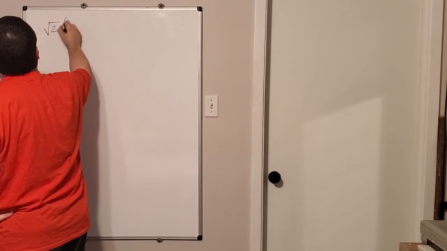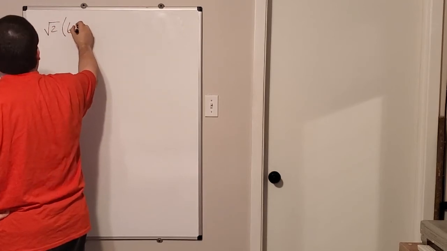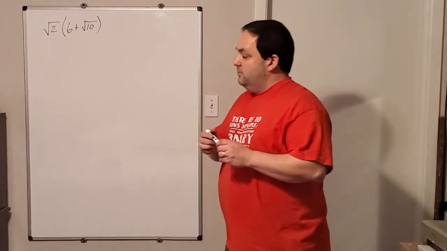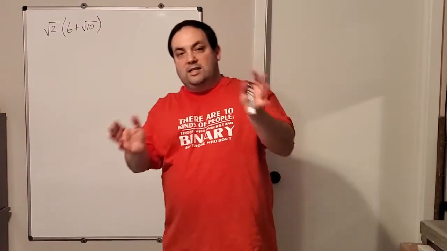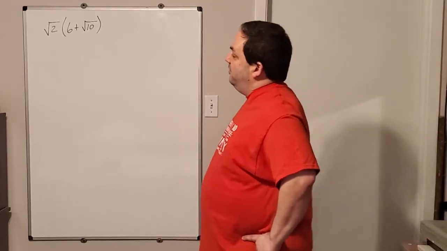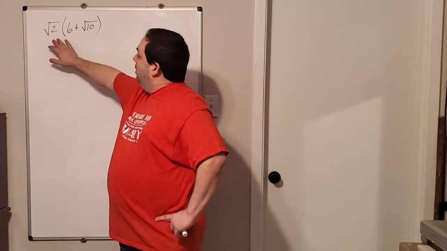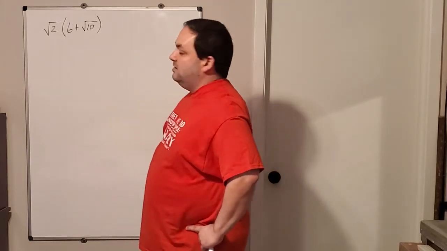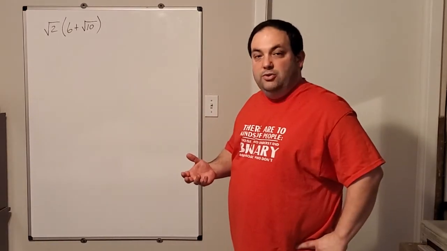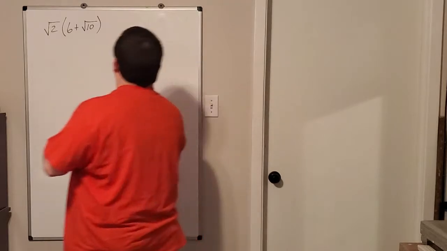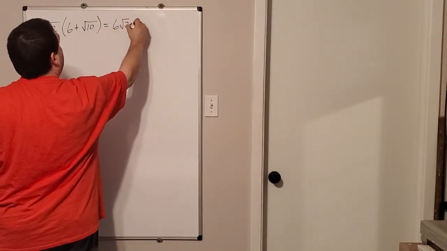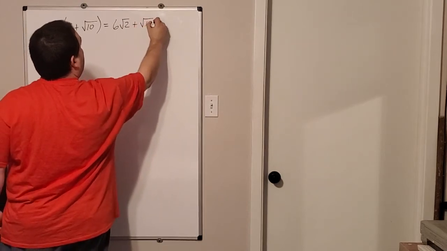Square root of 2 times 6 plus the square root of 10. Okay, so the 6 plus square root of 10 I can't simplify at all, right? And so I'm left with just having to multiply the square root of 2 times the 6 plus square root of 10 in its entirety. But then that means we can just use distributive property, right? So my next step would just be 6 square root of 2 plus square root of 10 times square root of 2,